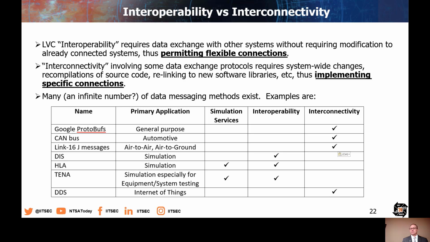We'll look at interoperability versus interconnectivity and try to distinguish these terms. It's a little tricky, but the concepts are important in simulation. So LVC interoperability requires data exchange with other systems without requiring modification to those already connected systems. Therefore, the connections can be very flexible and they can grow and change over time. Interconnectivity sometimes implies data exchange protocols that do require system-wide changes. Now, these are not absolute guarantees in all cases, but this seems to be the general description of the distinction